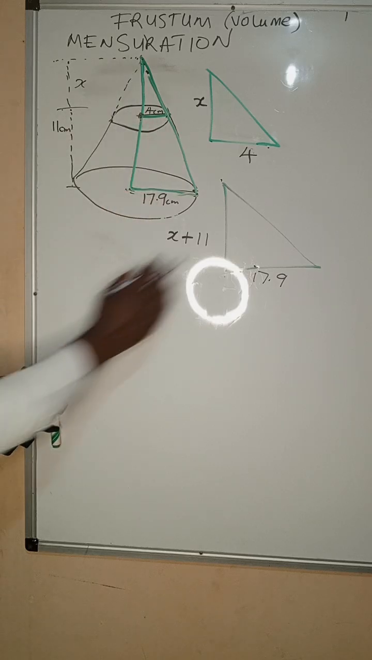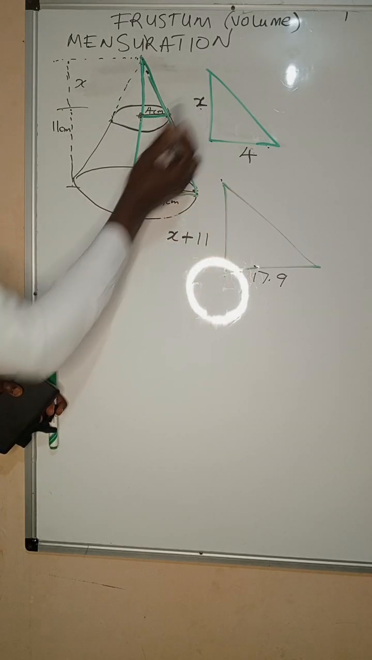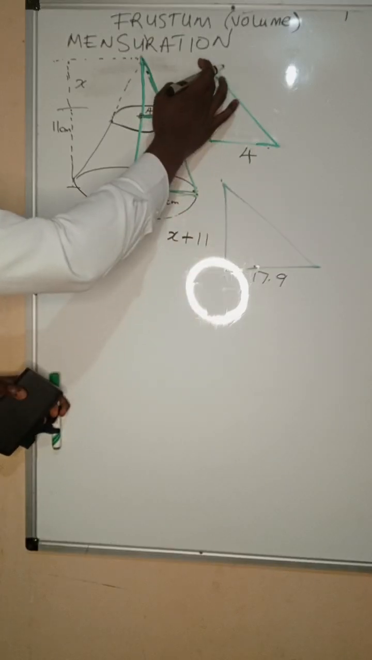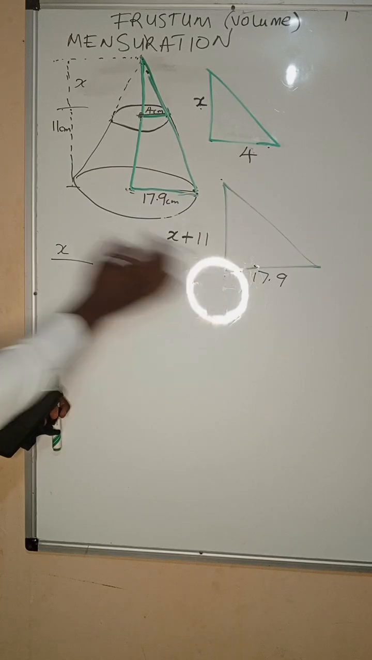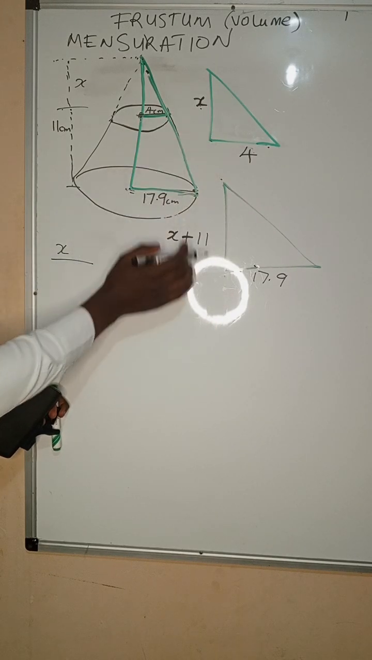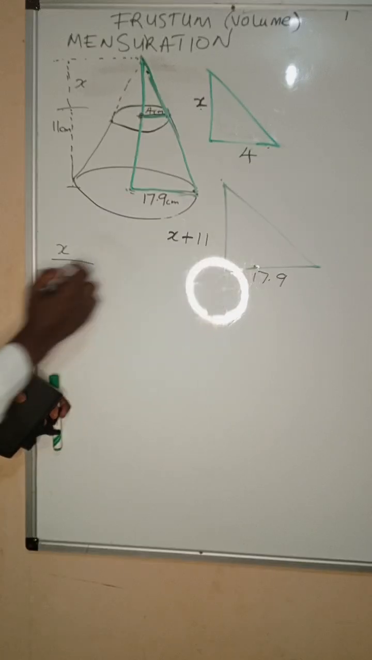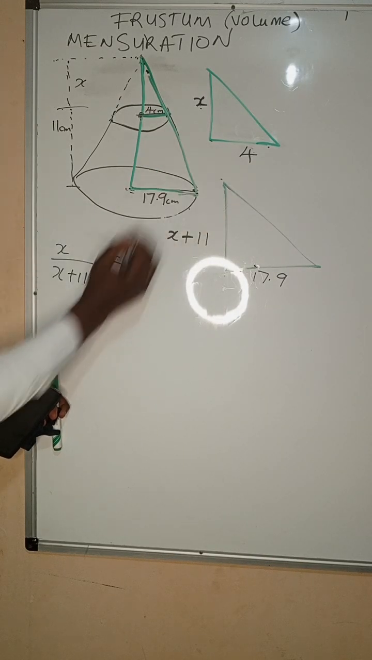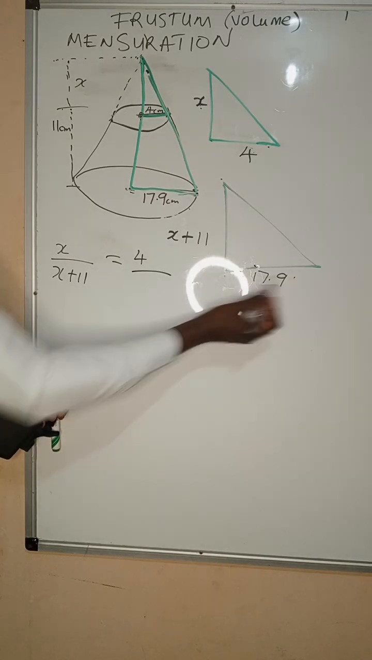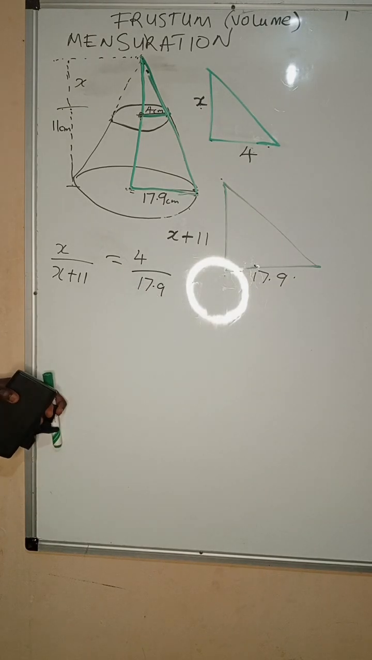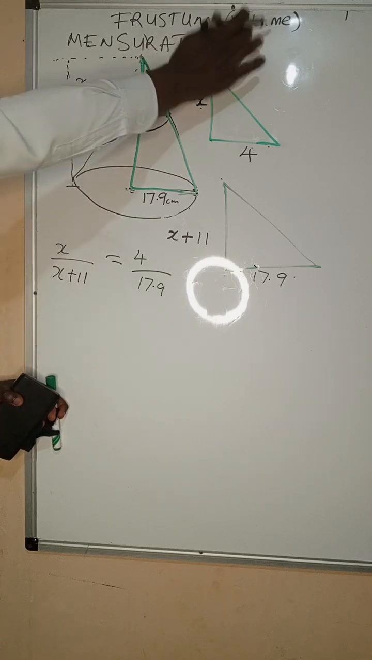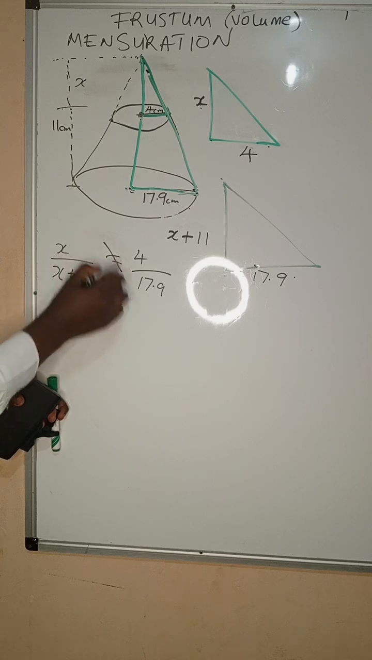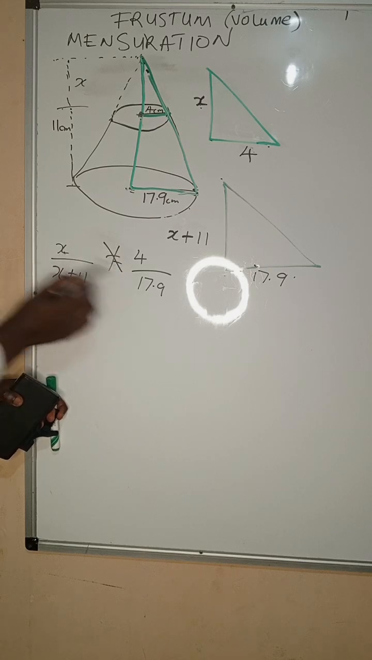And you first need to find x. This x on top over this height: x of the smaller triangle over x plus 11 of the larger triangle. Radius of the smaller triangle, 4, over radius of the larger triangle, 17.9. We are looking for x. We are calculating volume, but we can't calculate volume if we do not know the height. Then you cross multiply, guys. This times this, it is